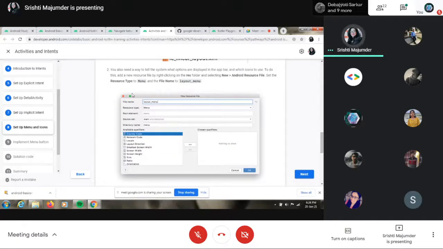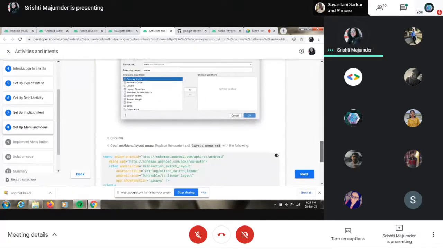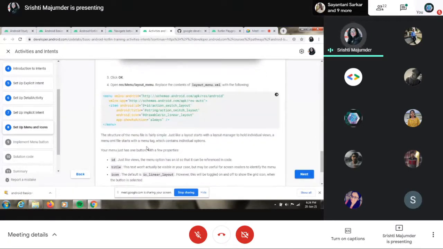Select OK. Now in Android Studio, you will see that there is an option named View. You will go to the Android resource file. Then in the Android resource tab, you will directly go to the menu, and you will find a file with the layout menu. Basically, the menu that I showed you earlier, we are going to make a layout of it. These are basically XML files, and we won't be going into detail about it.